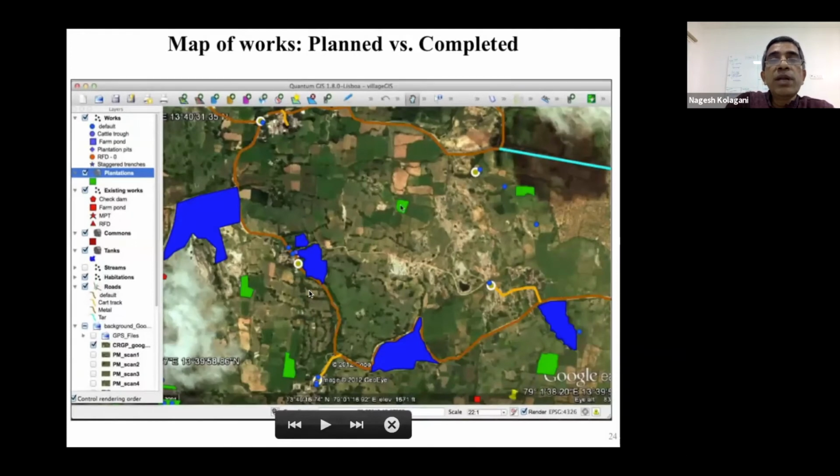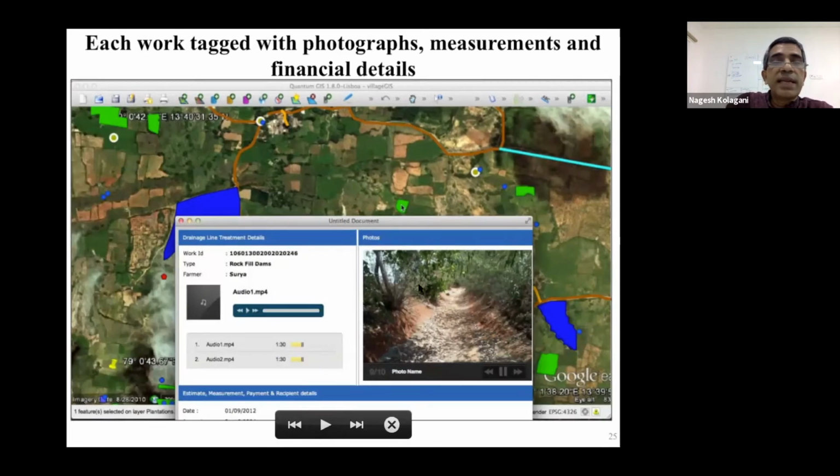So this is just a zoomed in version of those maps. You can see the Google Earth imagery on which the proposed structures and existing water bodies, etc., are overlaid. I can click this farm and see whose farm it is. I can click this and see the photographs, etc. So as I said, I click here, I get to see the photographs, I click through them, and audio clips. When you go in the field, for audio transcription, you just record the audio, and when you come back, you can play it and type up the fields, because filling the fields in the field would be difficult.